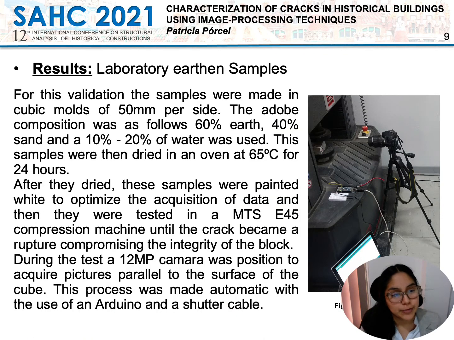The first validation process started with the laboratory earthen samples. These samples were created with cubic molds of 50 millimeters per side. The adobe composition was 60% of earth and 40% of sand. Then, after this mixture was combined, 10 to 20% of water was used to incorporate it. We got a paste that was put into the cubic molds and then dried in an oven for 24 hours